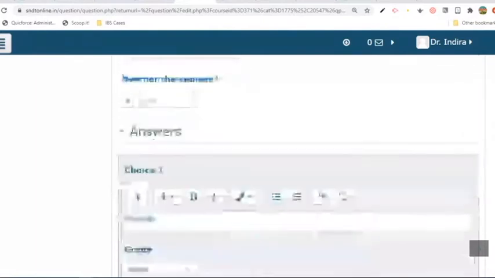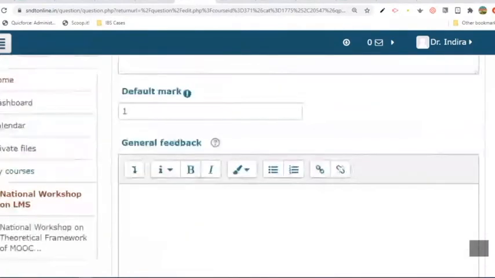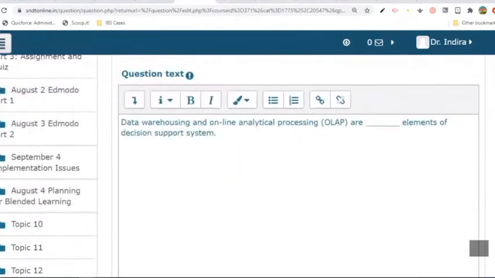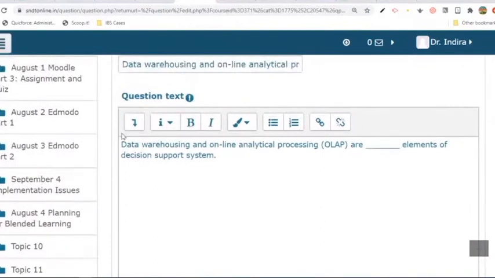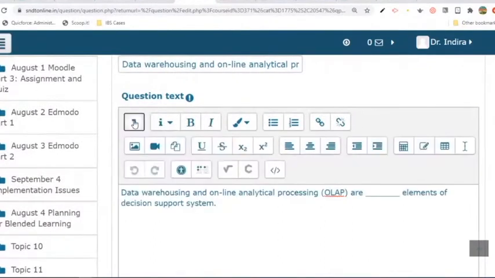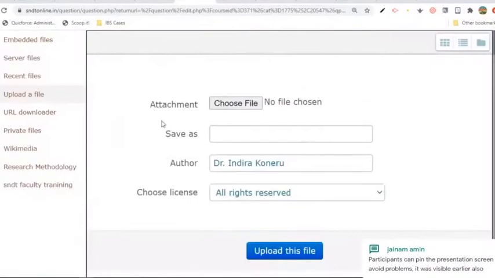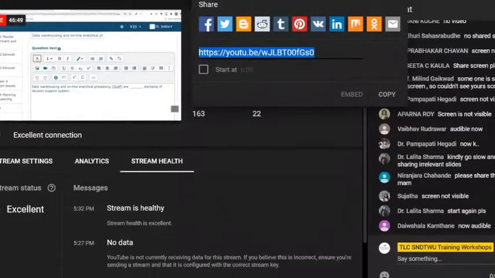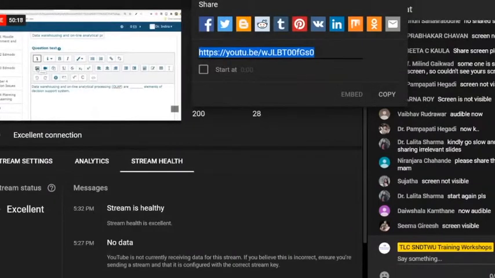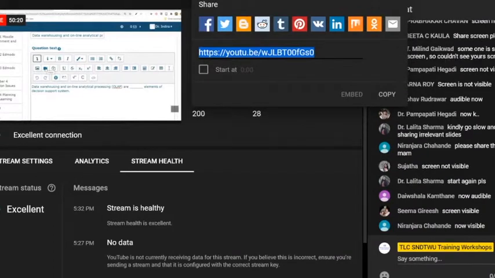And also I would like to show you how to insert, after importing the text, how to insert an image or a video. So we call this as Atto toolbar. Here we have the options of inserting an image or video based questions if you want to ask video also. So let me show you, place my cursor wherever I would like to insert this image. Let me click on image and browse repositories and choose a file.